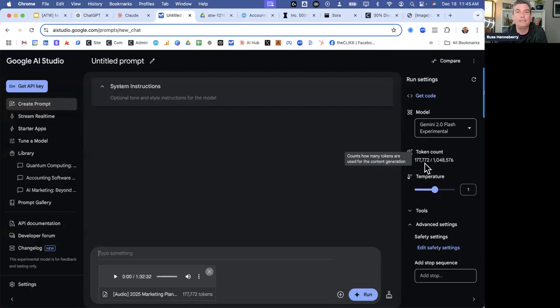We're not going to have these context window issues. But right now, you can see I'm using about 15% or more of the available memory for this conversation by adding this file.